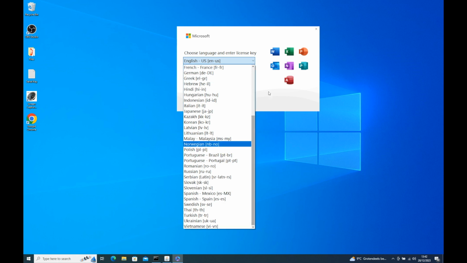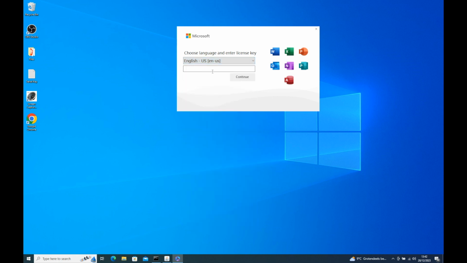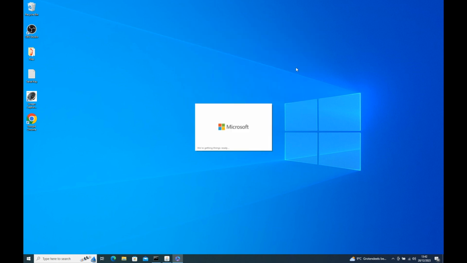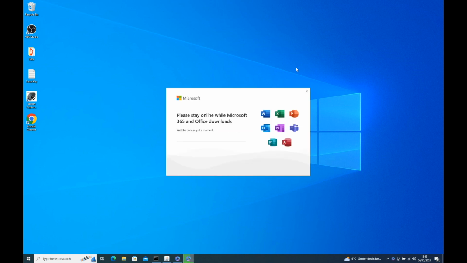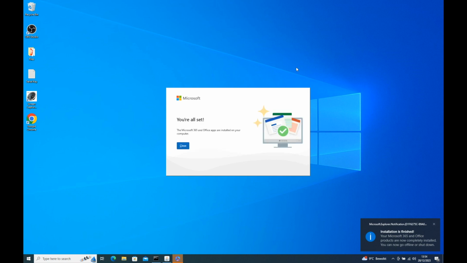I'll click on paste. I'll click on continue. And I'll wait for the software to be installed. Once that's done, you'll get a notification. And what I'll do next is I'll click on the